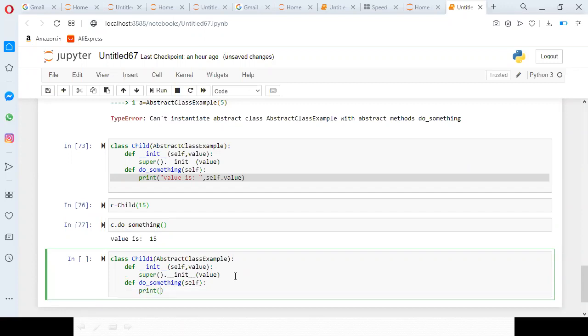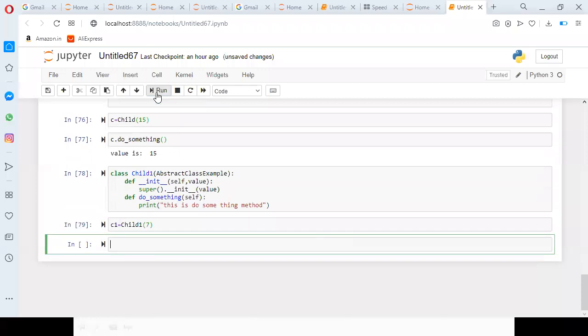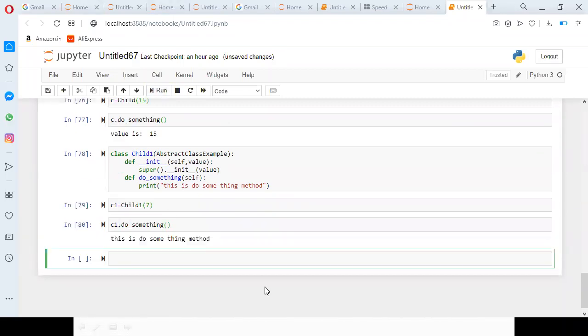So print, this is do_something method. It is not concentrating on what you are having, whether you implemented it or not, that's all. When I call c1.do_something, it is giving this is do_something method.